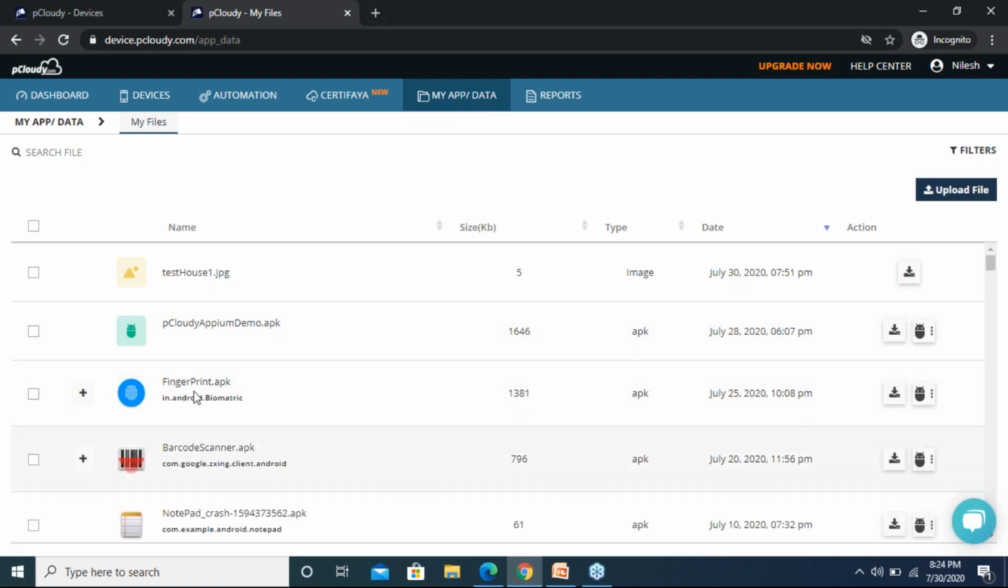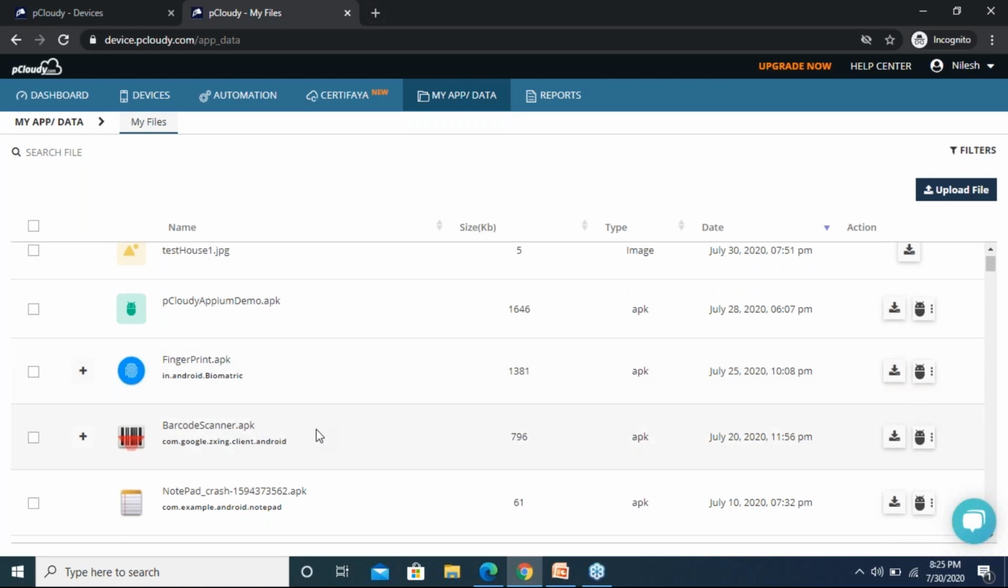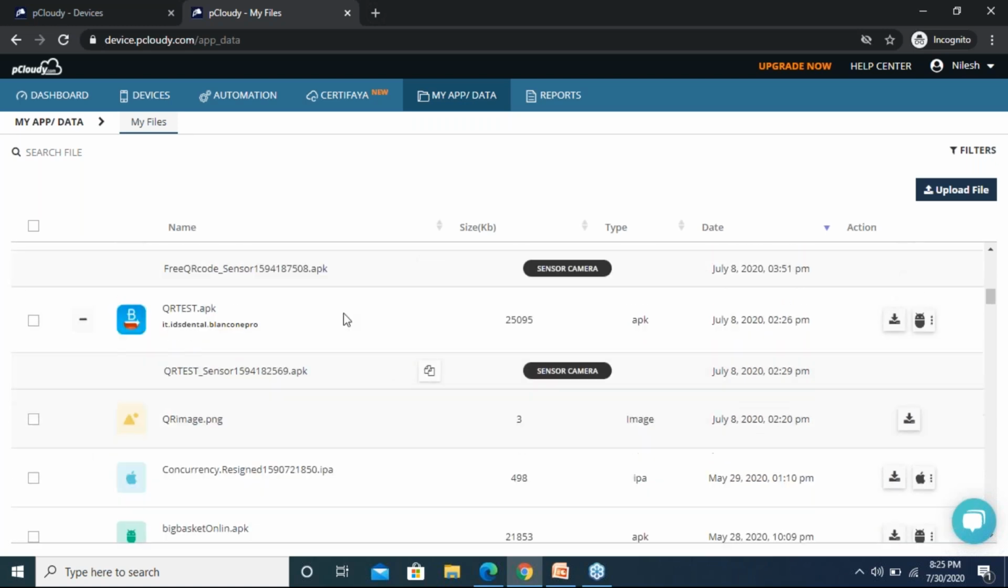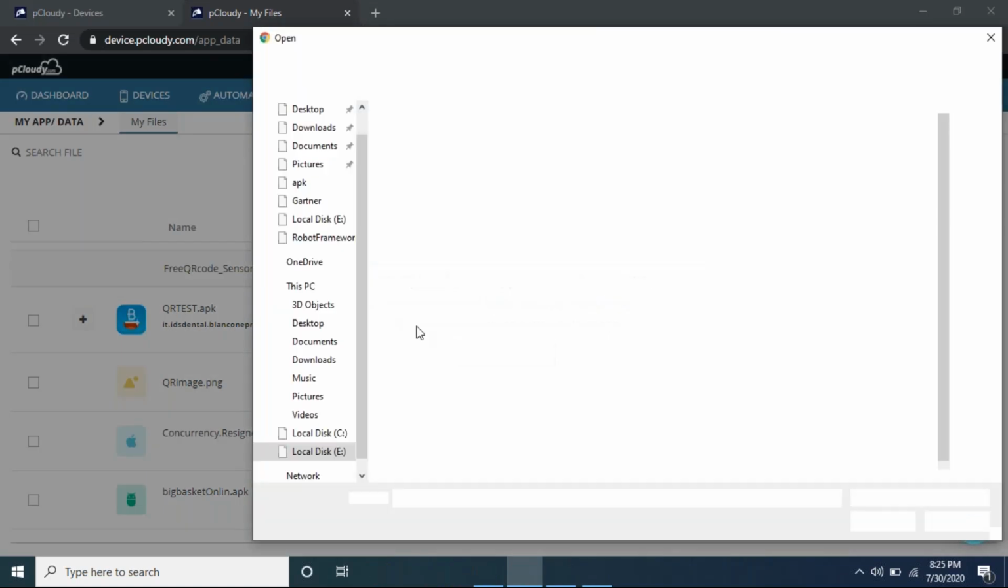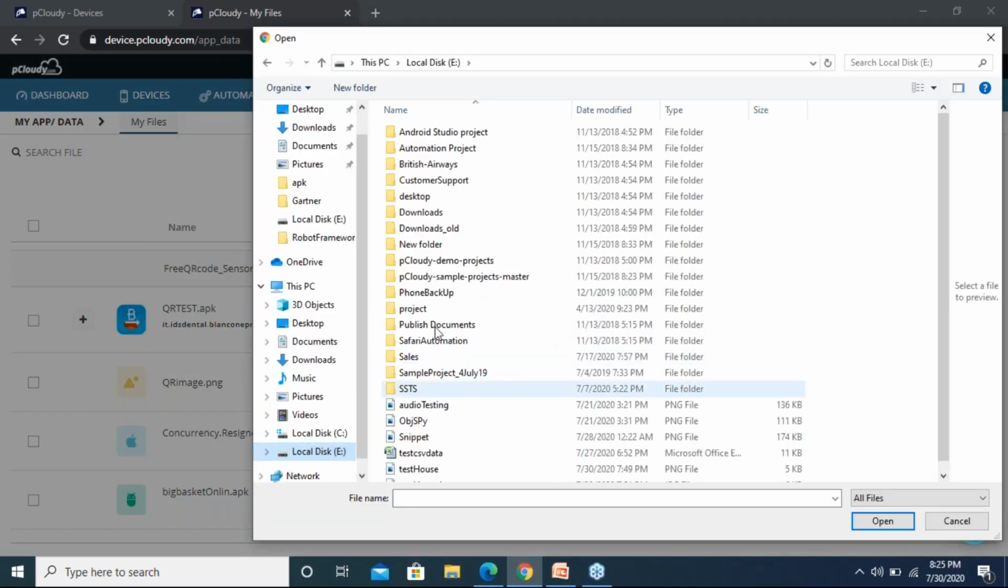So you can see there are certain applications here, right? So I have actually got a QR test app. Okay, I have got something called QR test APK. This is what I'm going to use. Okay, now whenever you upload, you just need to say upload file and browse the application from your local drive, right? Whichever local drive you have, wherever you have kept your application, you can go and upload the